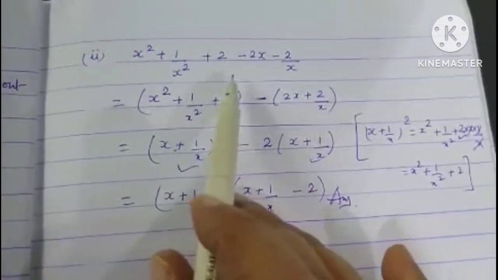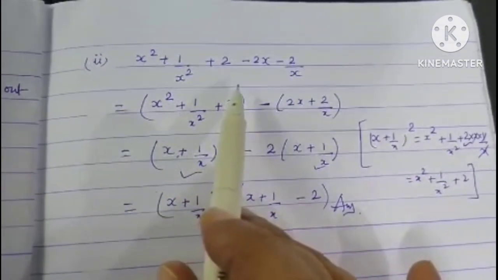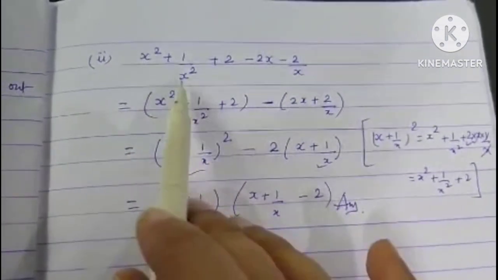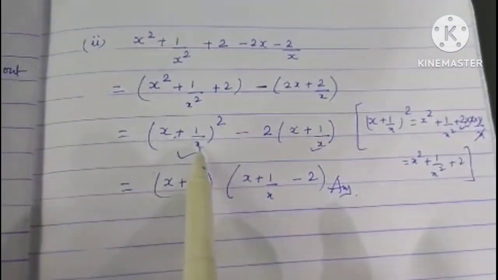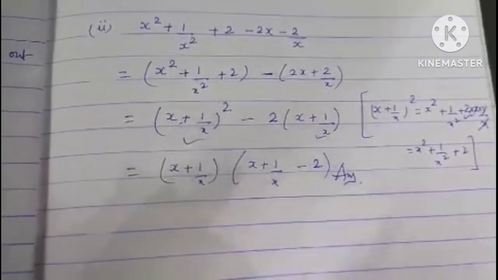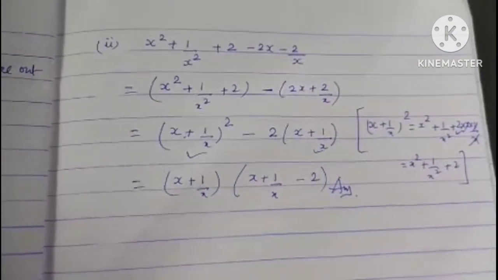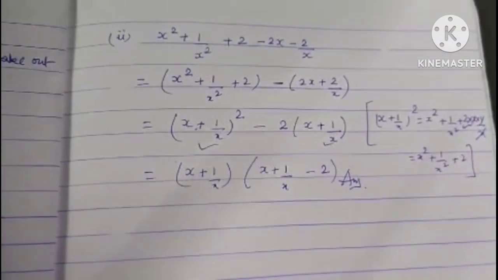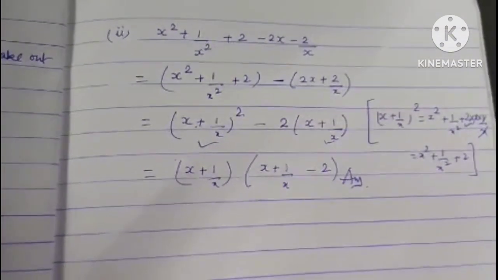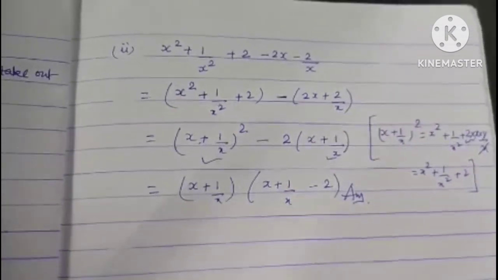Otherwise we cannot do this one. We will have to make the groupings within this polynomial, so that again we can take a common factor. This way we do such problems. Okay, so now the theory part is complete. Two methods of factorization and the algebraic identities we have seen.